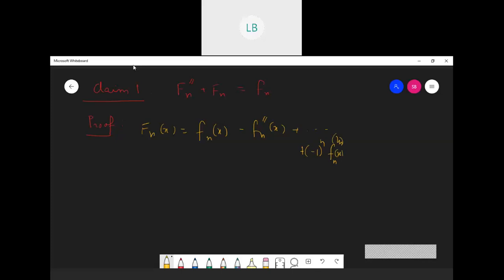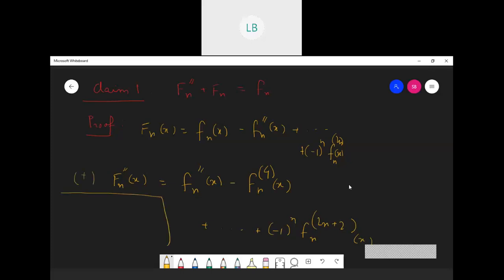Now when you are double differentiating F_n, it will give you the second derivative of f_n(x), then minus the 4th derivative, and plus minus 1 to the power n times the (2n+2)th derivative of f_n(x). So summing them up will give you F_n(x)